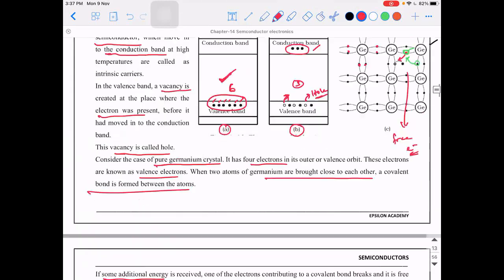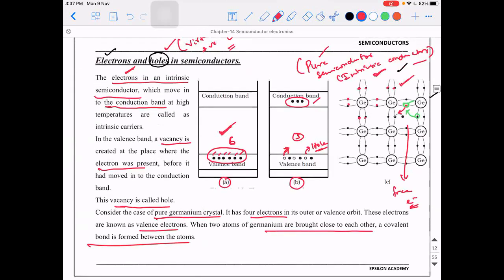When you talk about semiconductors, the mainly used ones are silicon and germanium. For germanium, the valence electrons are 4, so it forms covalent bonds. When it is forming a covalent bond, if one of the electrons in the bond escapes, then there is a hole created at that particular location. A hole is represented with an open circle. So what will happen to the hole? The electron from the neighboring atom will jump into this hole, as a result of which you will have a hole at the other place. To compensate this hole, the electron from the neighboring atom will come out and compensate it.